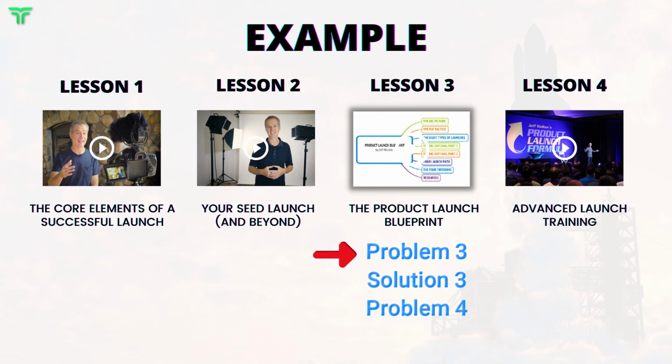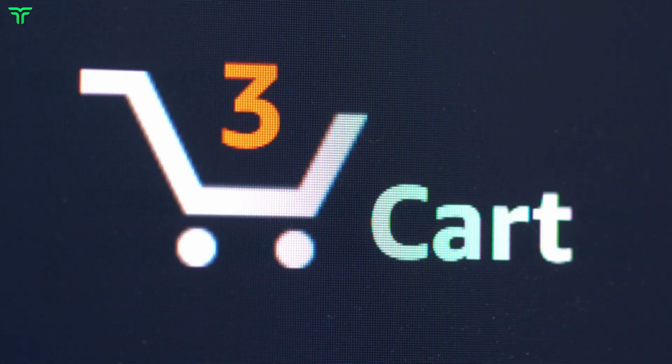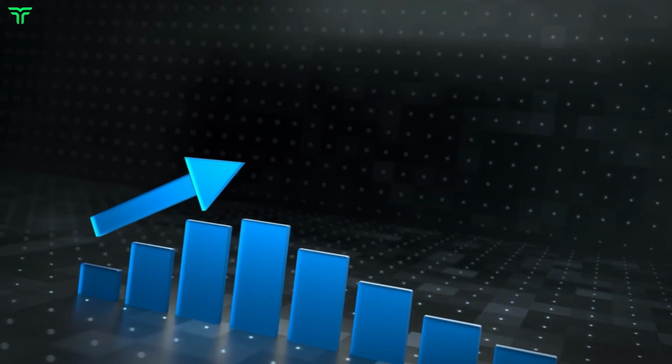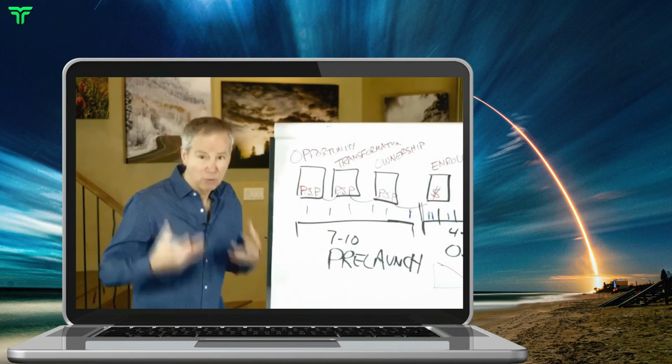And so then what do we do? We come in here, I redefine that problem, and I solve it, and then I give the next problem, which is, okay, I've given this all to you, but if you're ready to be walked hand in hand through this, then you really need to check out my next training, because that's where I'm going to share with you how you can get coached all the way through this process. And that final solution is also where you make the sale. So instead of the old style problem, agitate, solve, this is what we call the PS path, the problem solution path. And it's a way to give real value.